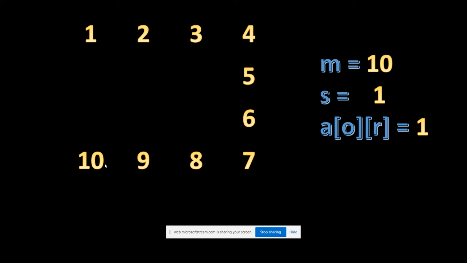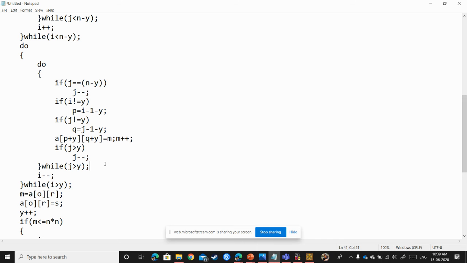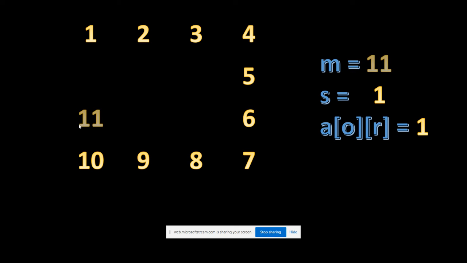And now j is 0 and we will be having 10. Now as in previous case, I will be using this do while loop to decrement I value, and printing the elements in the reverse order 11, 12, and it won't stop till 12. It will be incremented, having till 13, and the 1's value will be replaced by 13, and a of 0 comma 0 value will be 13 in this case.